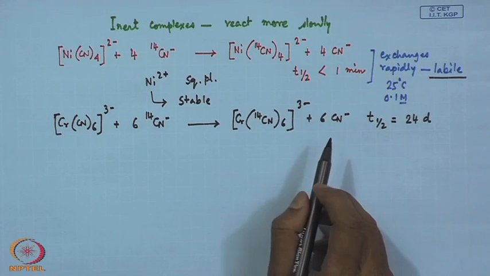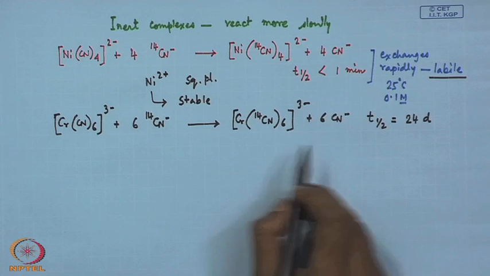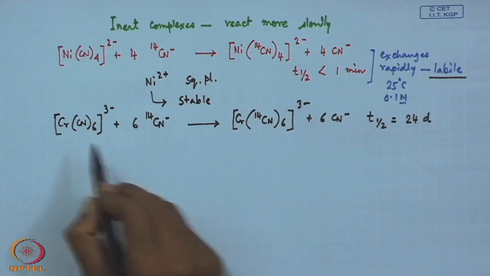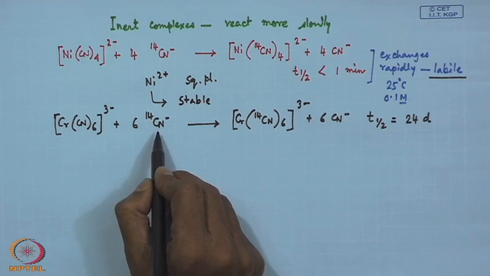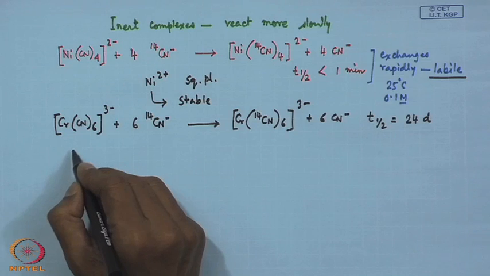So, this T half basically tells us that this particular compound which is getting exchanged with this 14CN minus is now